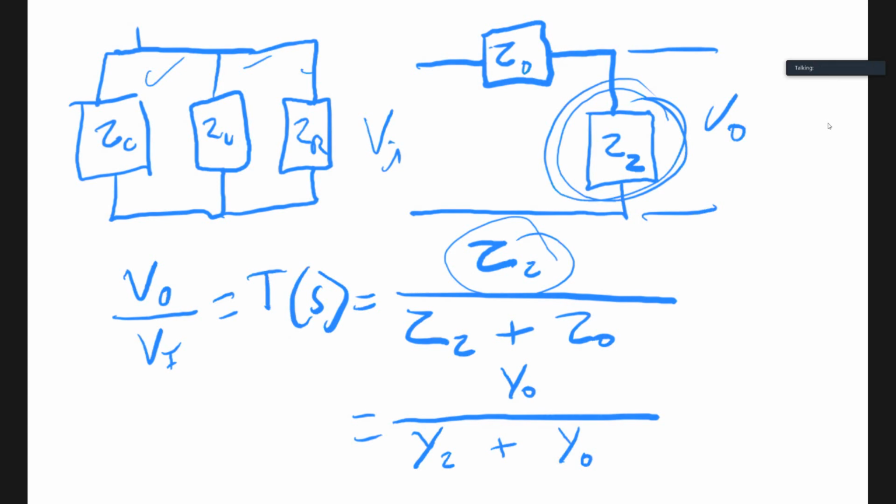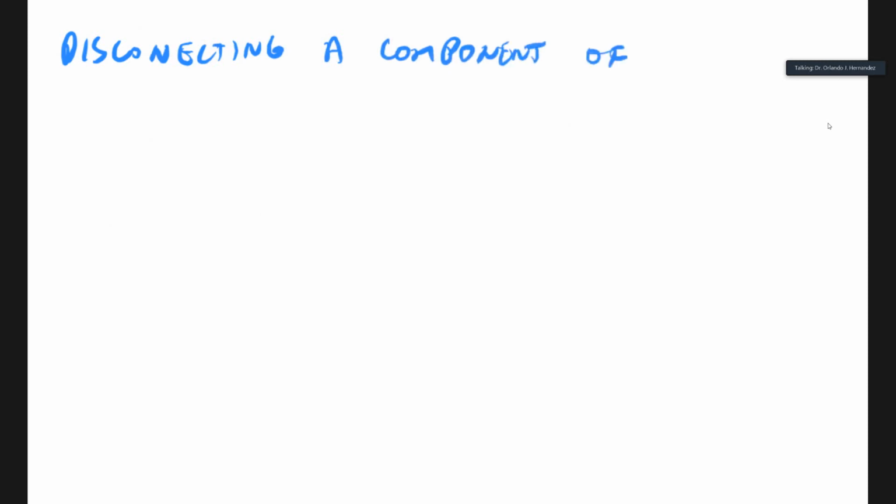Okay, depending on what I'm doing. So just to be more clear, what I'm saying is that disconnecting a component of the parallel combination